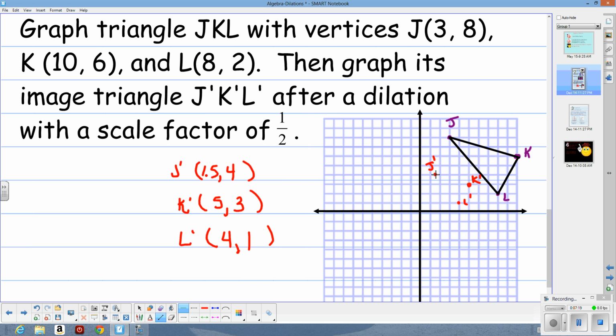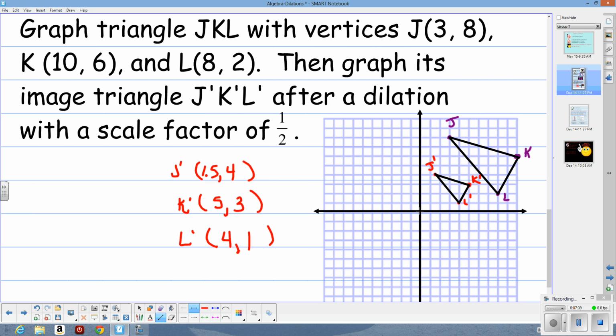When you get finished connecting these, you should have a triangle that's similar to the original, but all the side lengths should be half the size of the original. The other thing that you can do to see if you're on the right track or not is, if the origin is the center of dilation,